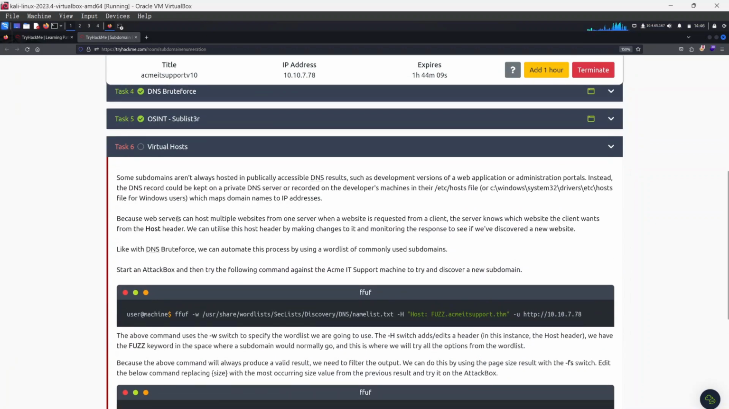Now, some subdomains aren't always hosted in publicly accessible DNS results, such as development versions of a web application or administration portals. Instead, the DNS record could be kept on a private DNS server or recorded on a developer's machine in their /etc/hosts file, or on Windows computers in the hosts file as well, which maps domain names to IP